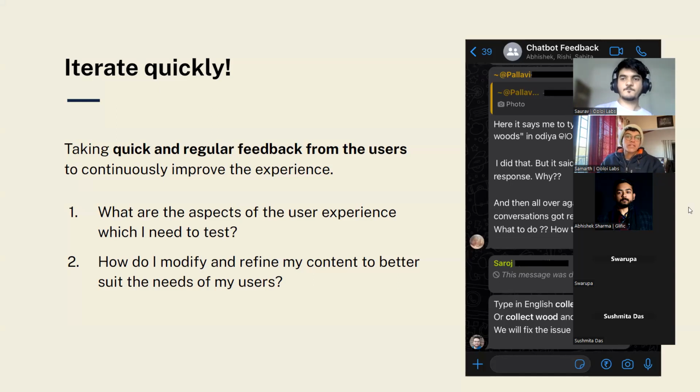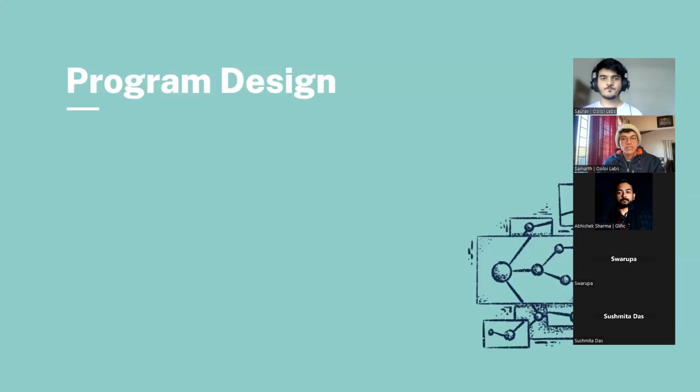For our chatbot specifically, the first line of feedback came from the field staff, the facilitators who were in the field. We had brought them on board to do a lot of the translation work, because smaller aspects like slang, or words that are more relatable with that context specificity, came directly from the facilitators themselves. This feedback group, the screenshot that we have, was mostly for quick iteration: any small mistakes, glitches, or something not working, you remove all those small niggles before you send it out for the first pilot or the first larger user testing. Yeah, we can move forward.